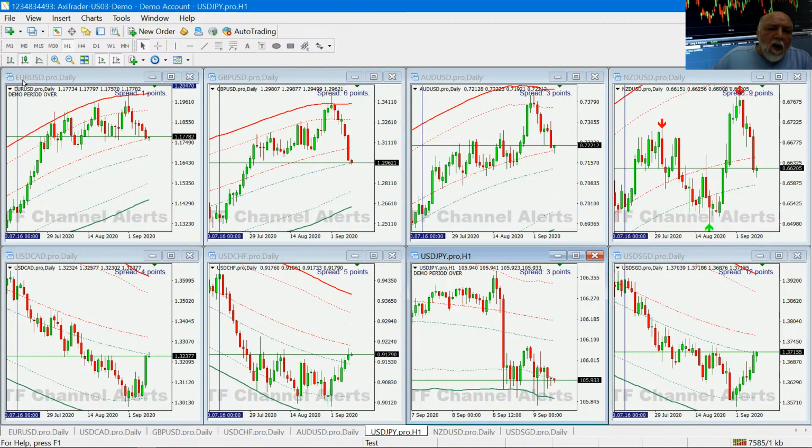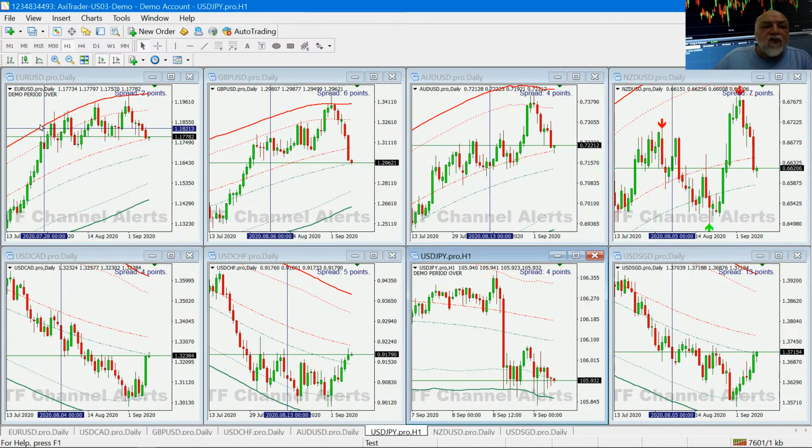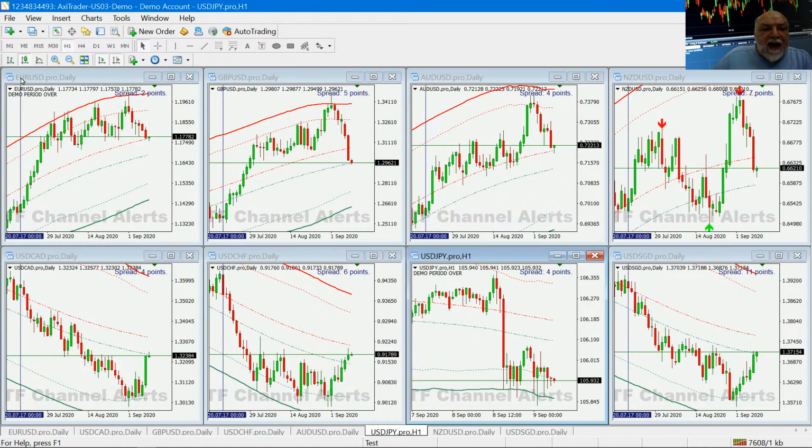And so what I'm seeing here is the euro. Remember, charts always represent what the base currency is doing. So if I see a chart that is dropping, a trend that is dropping, that would be the base currency is dropping. So in this case, I do a quick analysis of what's the overall picture of the US dollar,